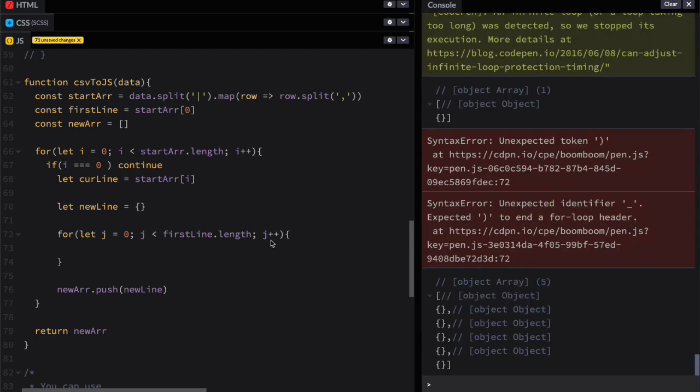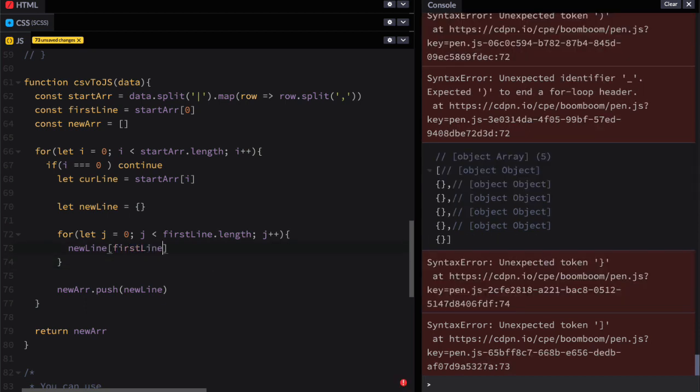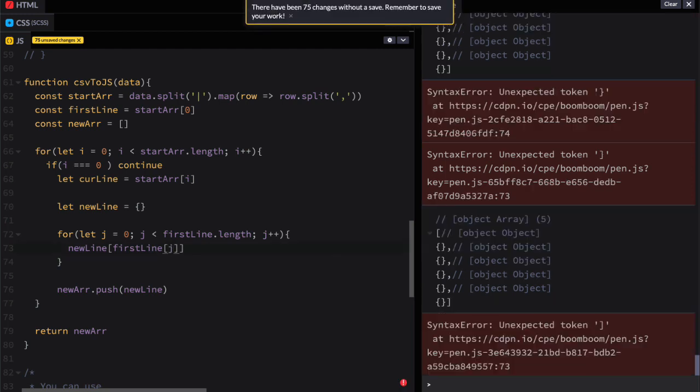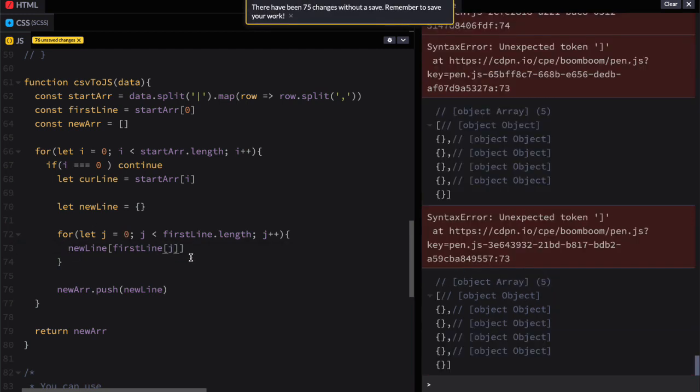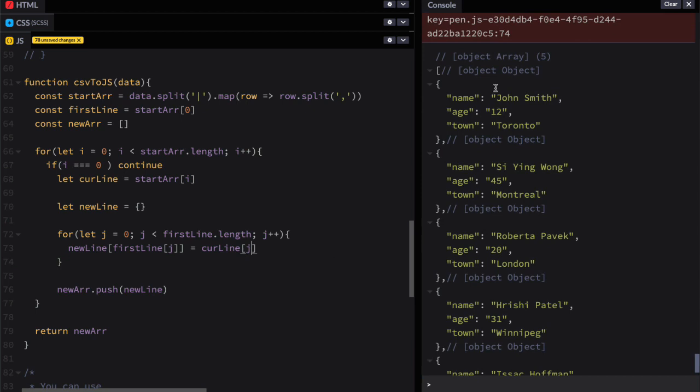Little glitch in my browser there. I had to fix it because the loop was trying to run away from me, but here we are, okay? So inside of here, we take that new line. It's an object, right? So new line, we're going to attach something to it. It's going to be the first line, first key, whatever that is. So in this case, it's J, right? So 0 should be right on there. We don't see anything because we haven't done anything with it. Let's go and finish it. So current line, also of J,